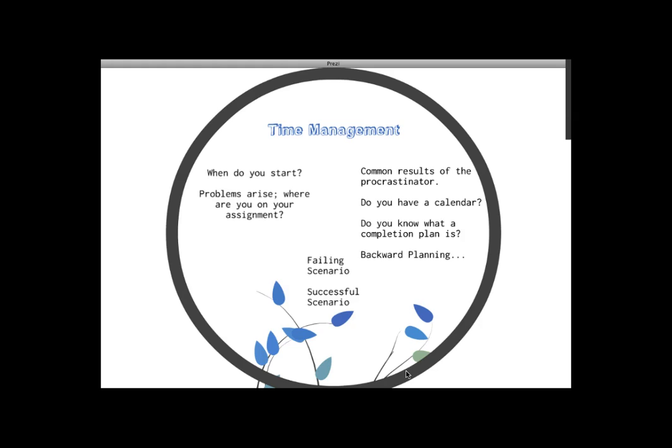Let's pretend you've got 8 weeks. I think that's a pretty normal one. And everything's due on Sunday at midnight. The procrastinator invariably is going to start reading the readings on Saturday morning because they have another job, they have children, they have a real life, and this is kind of an attitude that we all have. However, this is one thing I'll tell you: every single one of those